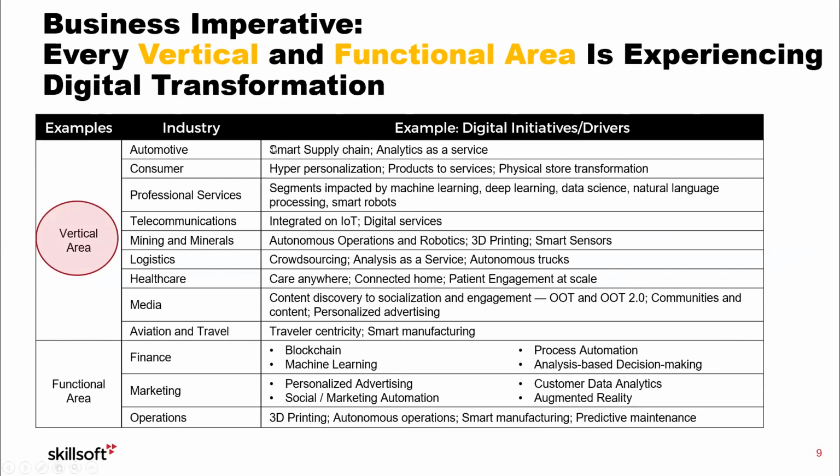Every single one of these industries has a digitally disruptive technology that is directly impacting their particular business. And every single one of these industries needs to take on board the new technologies, but also transform the business models to provide that high level of personalization,